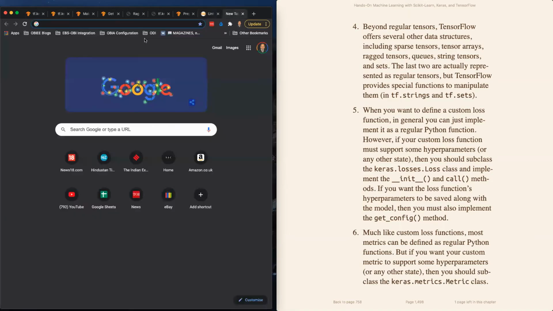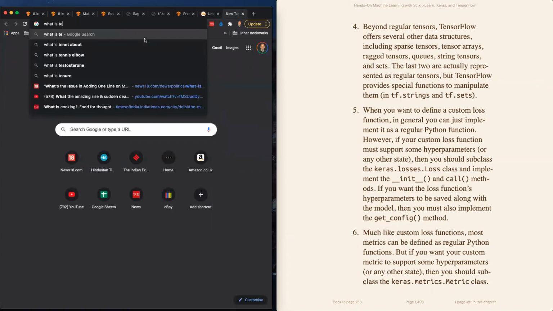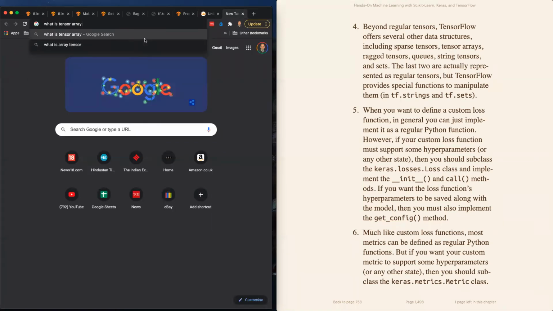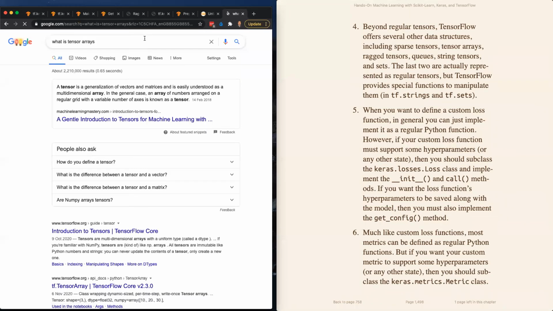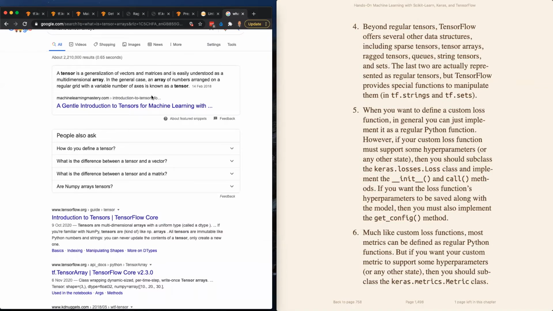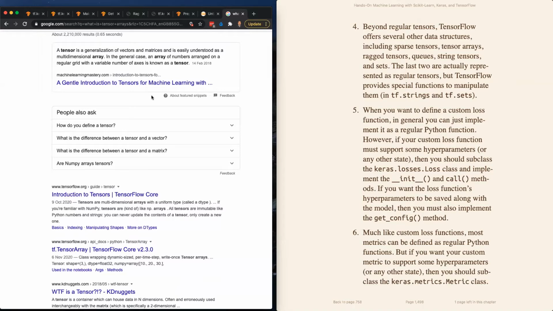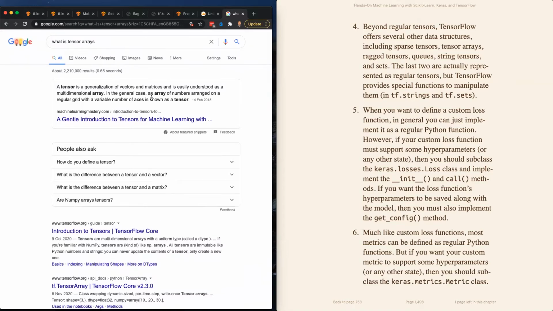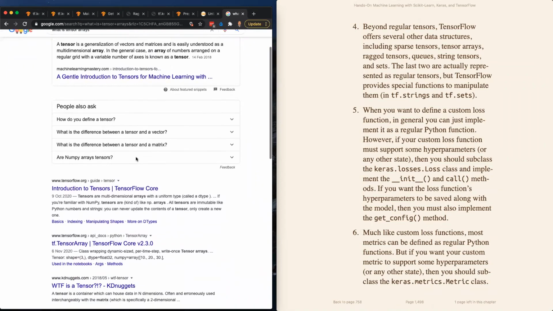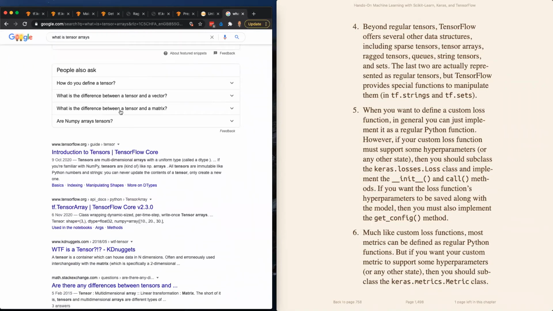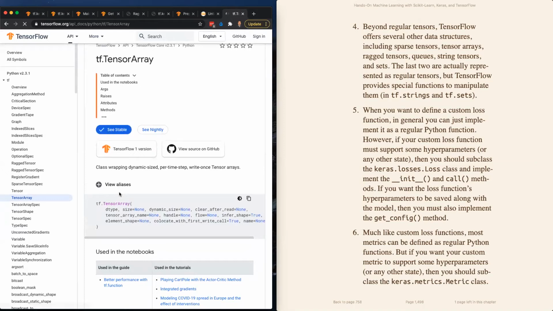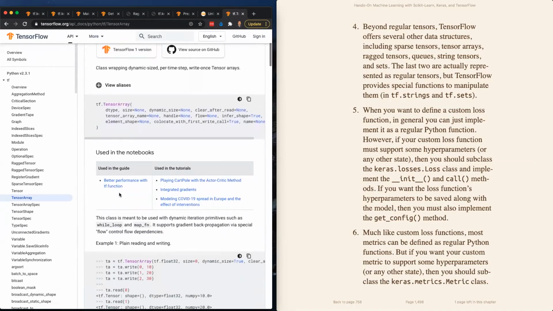Let me see if we can find something quickly. A tensor is... Yeah, it's the link tf.tensor array. Yeah, down. The third link. This one. No. Below that, the one below that. Yeah. This one. Okay. So let's read the